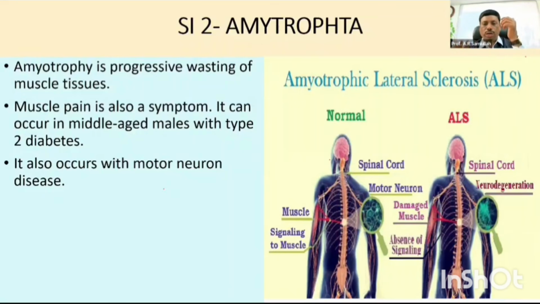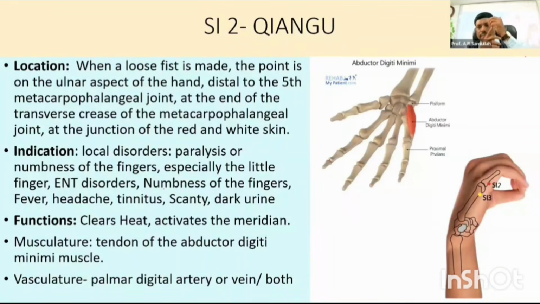However, if you are unable to understand where exactly the Qiangu SI2 point is located, I'll show you practically. The SI2 point is on the web margin, on the medial side, distal to the metacarpophalangeal joint, in the depression. That point is known as SI2. Hopefully we'll see that SI2 point. Further, SI2 is the grandmother point, whereas in two different concepts, SI1 is the grandson point.